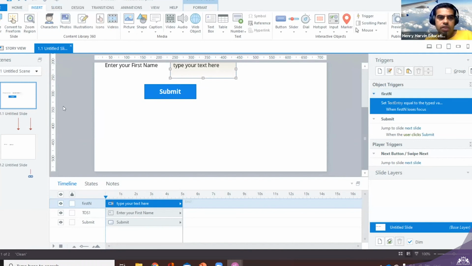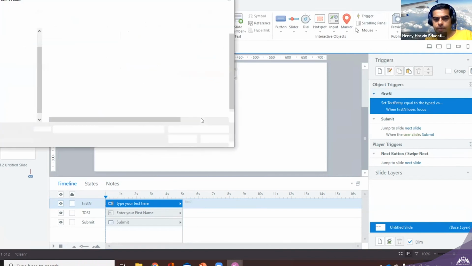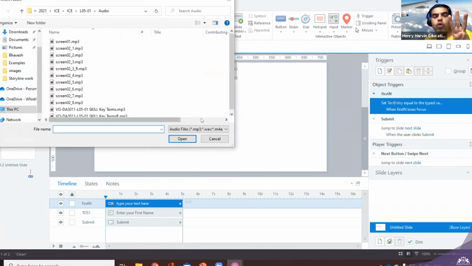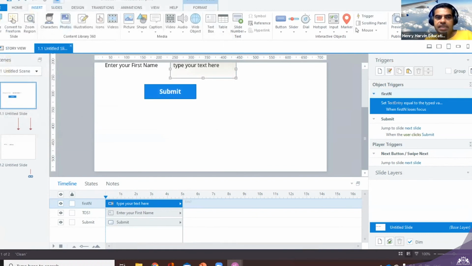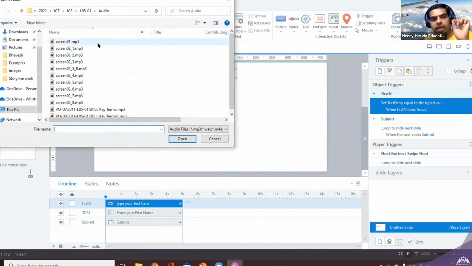To insert audio, I have to go to Insert, Audio, and say Audio from File. That is 3 clicks. I will cancel it. But here, I just do 1 click and my work is done.